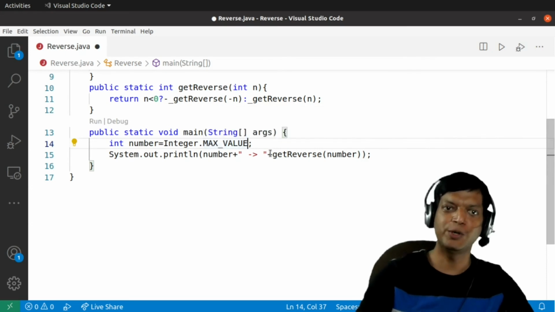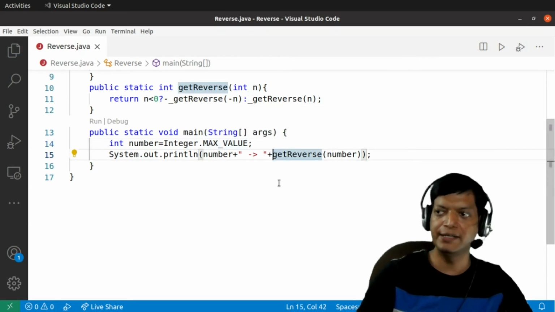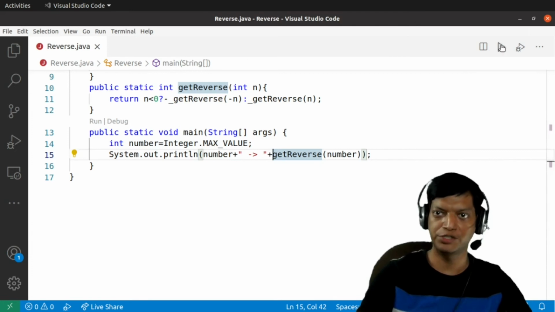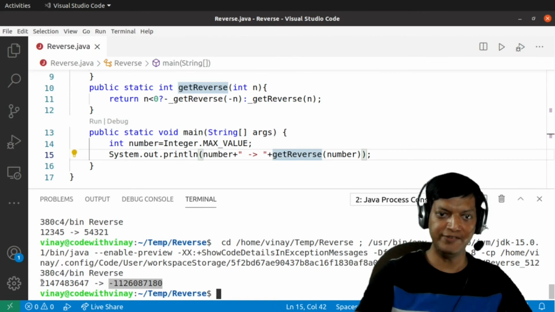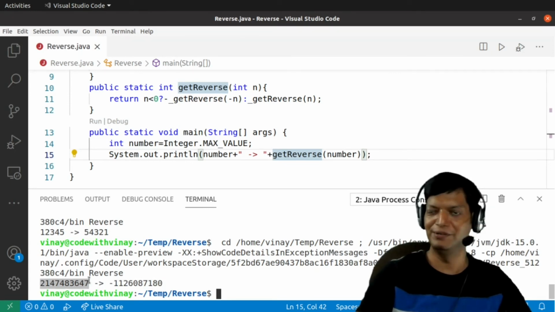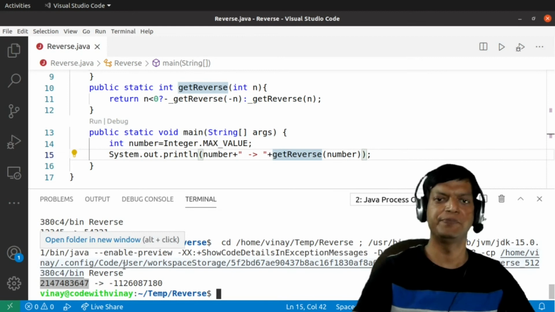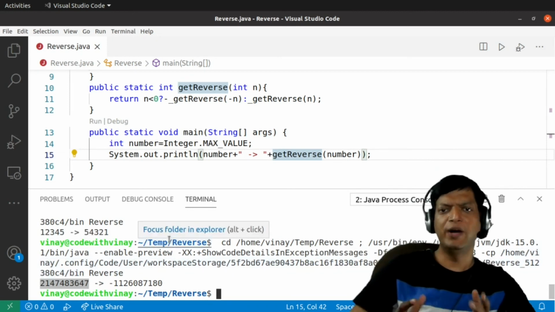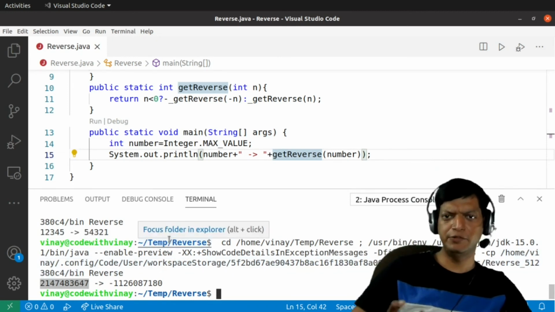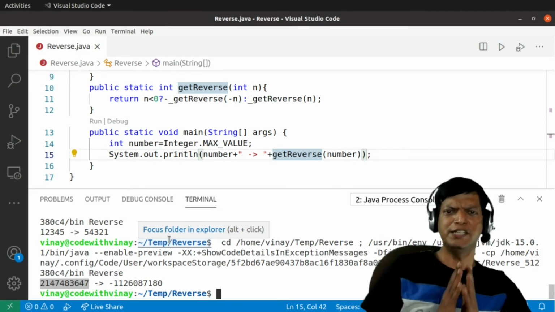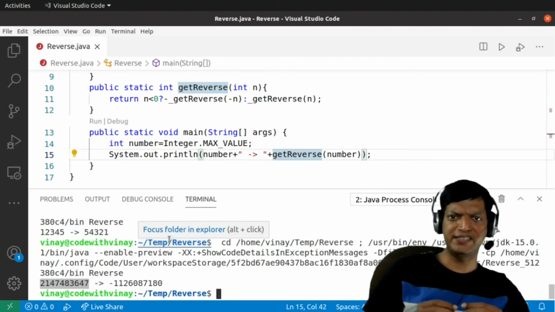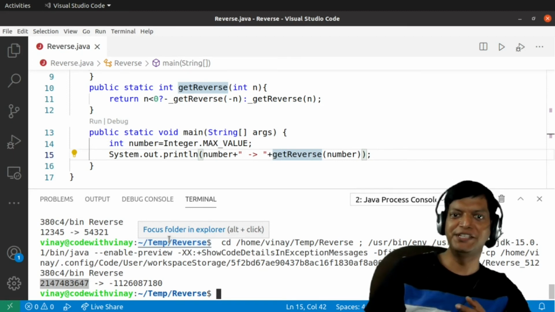And so what will happen is that you won't get any error, but you won't get the proper answer as well. Watch this. So now if I run, there you are. You're getting a negative number which has nothing to do with the original number. So how to handle this now? There are two ways of doing it. One, you simply display an error message and finish it off. You may also consider returning a 0, which is not a very good idea because sometimes it's returning the actual answer, sometimes it's returning 0. The correct approach in my opinion is that since this is an exceptional situation, we should return an exception.